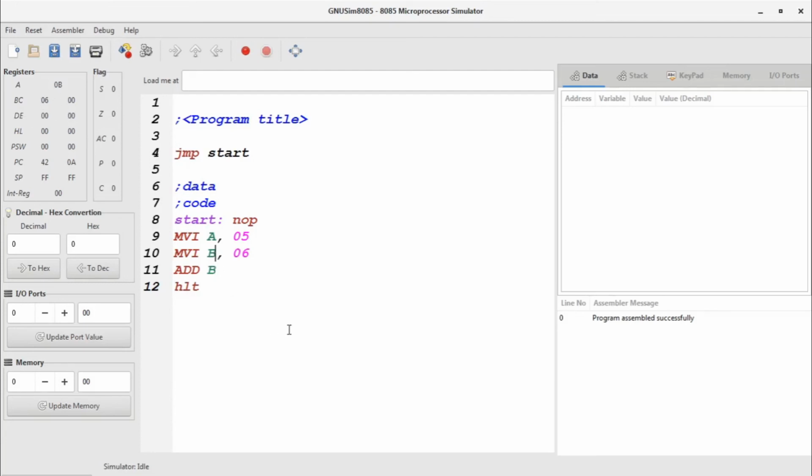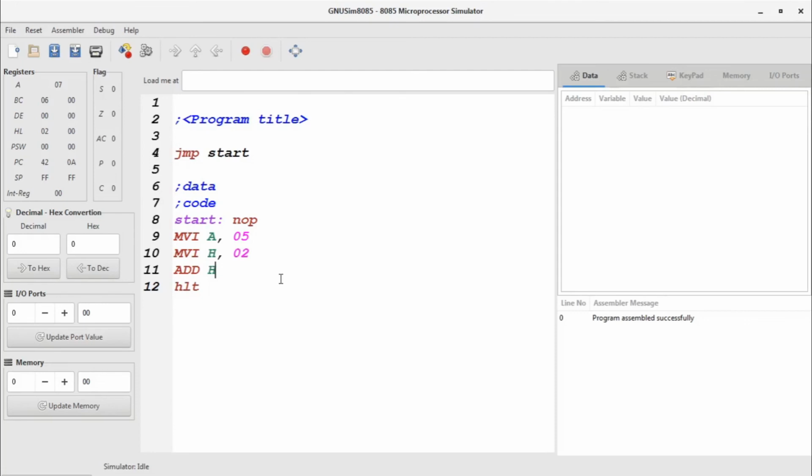With another register you can check. Move H and make another data as 2, and then you need to write ADD H and build it first. Then program assembled successfully, execute it now. So you can see your result has been changed to 7 in the accumulator, and register H's content has been changed to 2. So it's quite beautiful, no? Quite easy. The interface is too good.